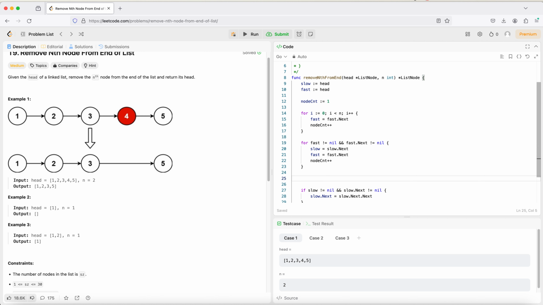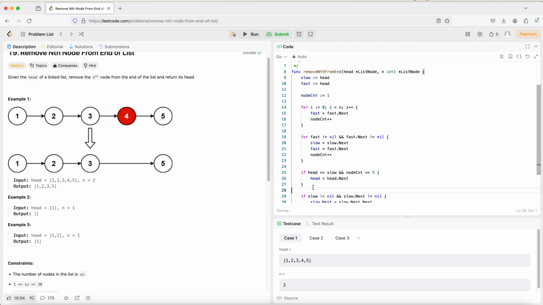and I can check the condition if head is equal to slow. So if the slow didn't move, and slow and head are the same, and we want to remove this item, then head and slow are the same, and node count is equal to this n. So node count is also fifth and n is also fifth. That means we want to remove this one. So in this case we can just move the head to head next. So I can say head is equal to head dot next, and I can put this in an else condition. So else